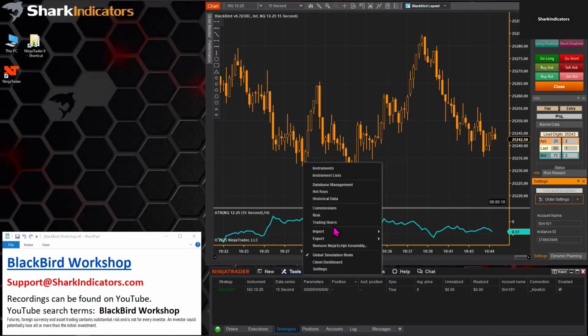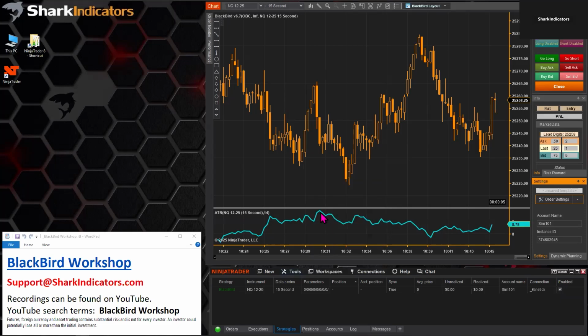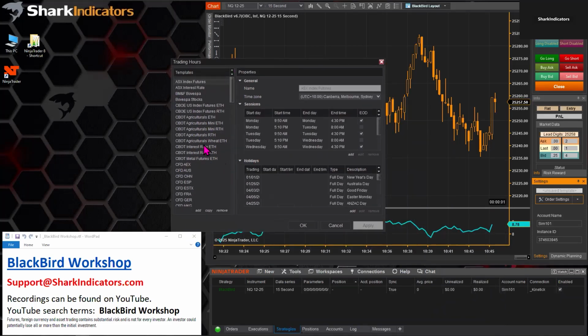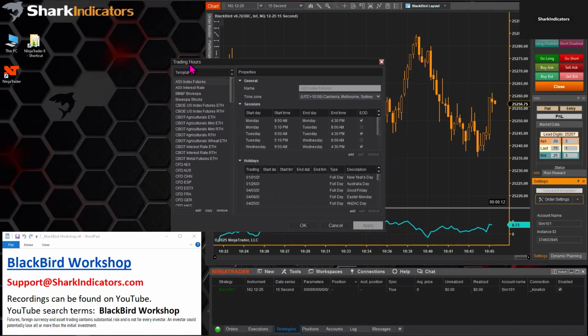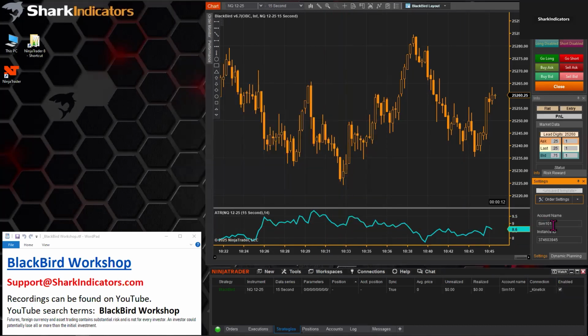Hopefully that makes sense. They kind of changed the menu here. They call it trading hours now. Sometimes they call it trading hours, and sometimes they call it trading session. This is where you would create your own custom session template or trading hours. As far as working with this, it's NinjaTrader, so we don't provide support for NinjaTrader. That's their job, so you can follow up with them on that. But in BlackBird, what you could do,